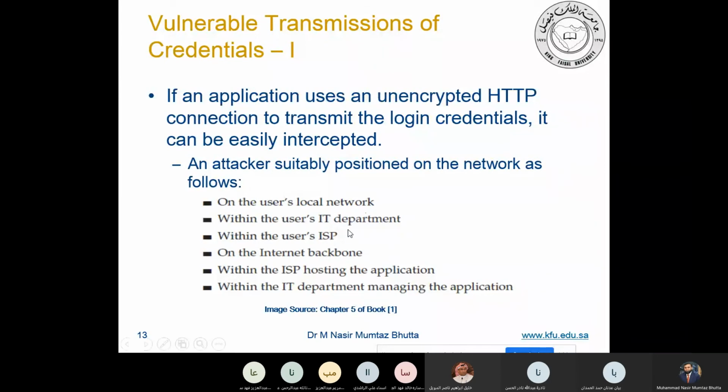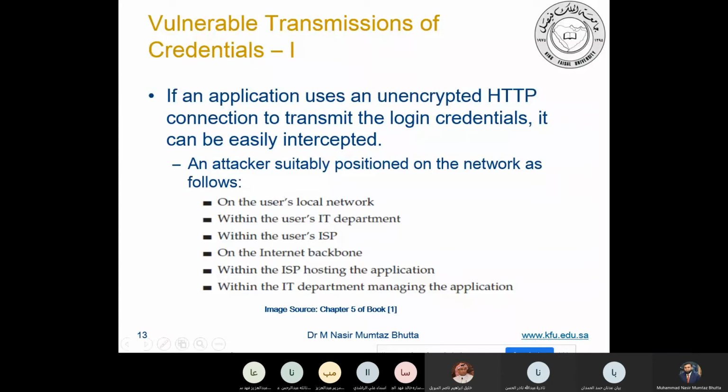Or on the internet backbone, for example, if you are at country level, in the army, or in a security agency, or in a telecom company that provides the backbone, you can apply your proxy there and see what usernames and passwords are going through.